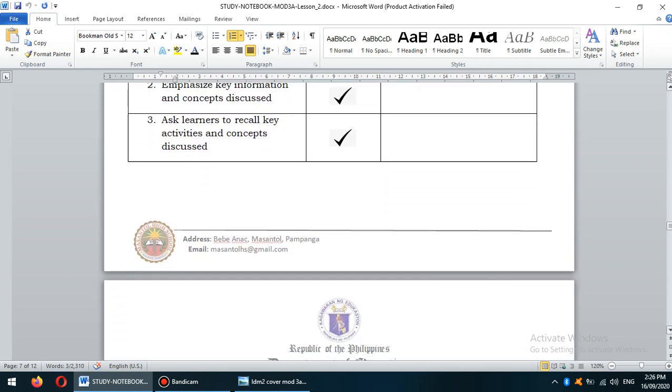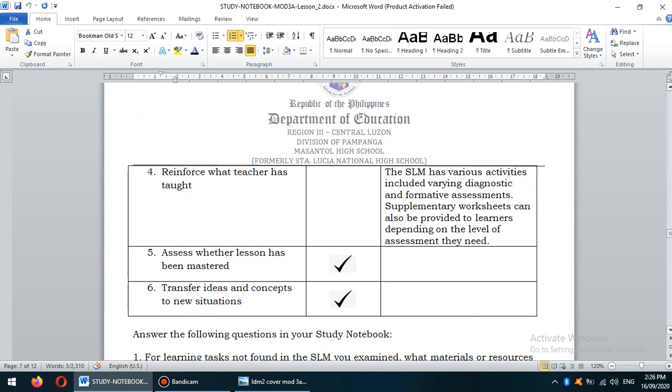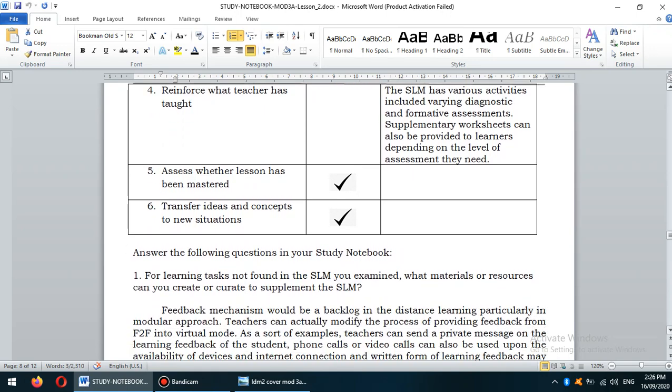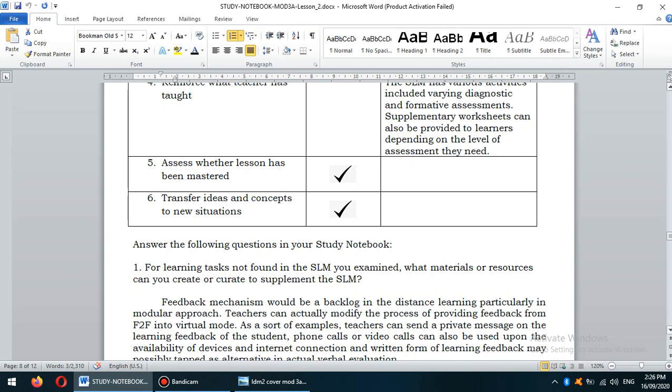Then another one, I also did not check this part, reinforce what the teacher has taught, because the SLM has various activities including varying diagnostic and formative assessments. Supplementary worksheets can also be provided to learners depending on the level of assessment they need. I will also be providing additional worksheets that may possibly suit the learner's needs and abilities, of course. After checking and identifying the